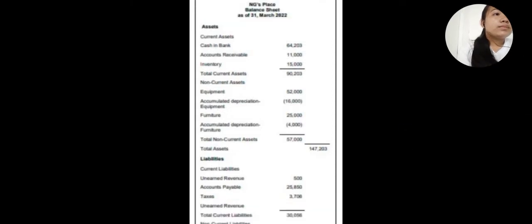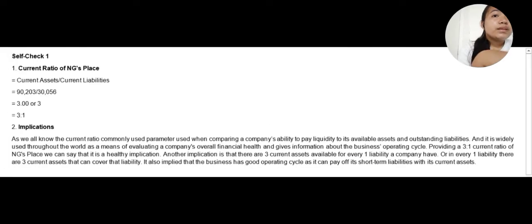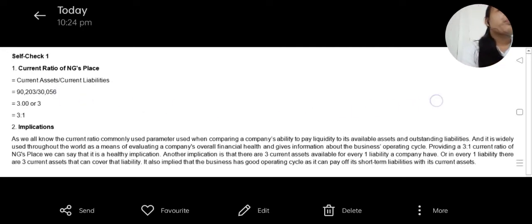So let's move on. There, the current assets amounted to 90,203 pesos, and the current liabilities amounted to 30,056 pesos. So that's why we get the answer of 3, or 3.1. Next,